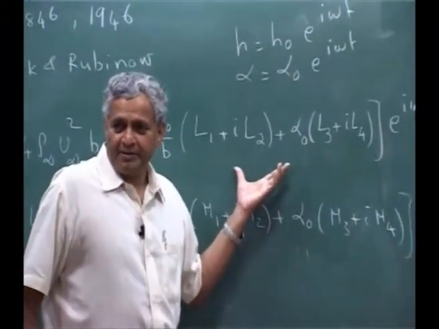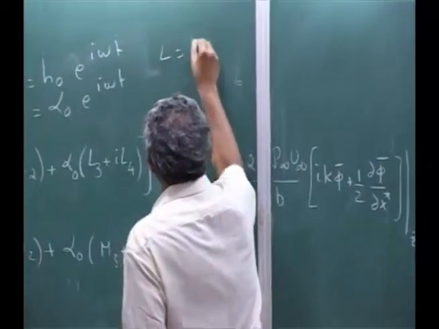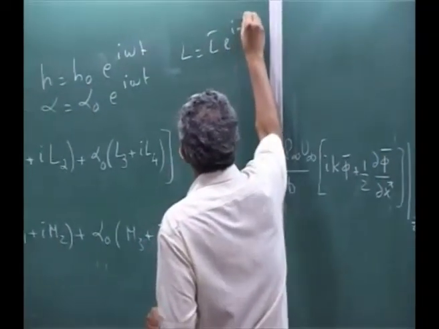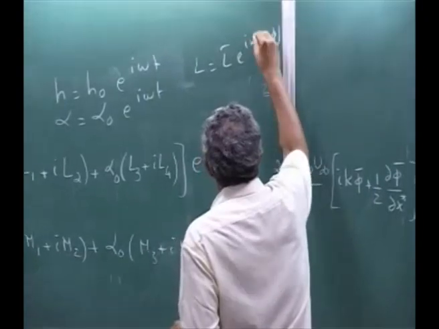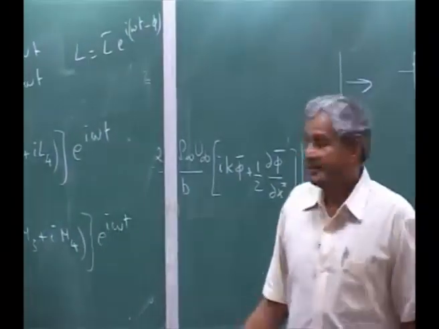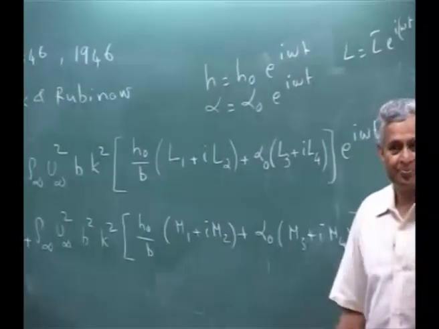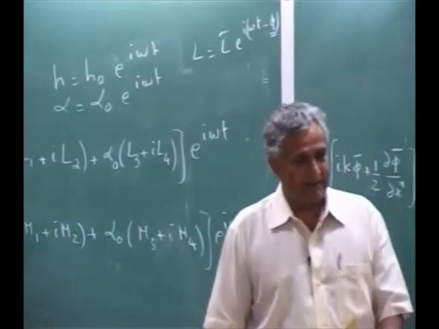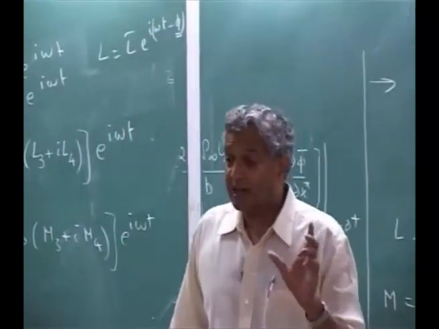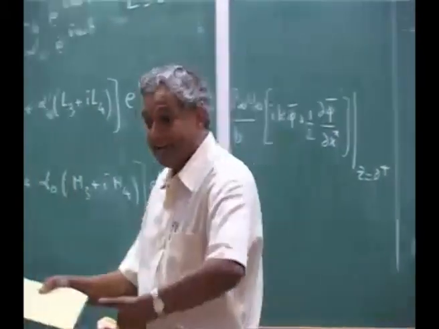It is like you can write alpha and h, and you say my lift is some L bar e power i omega t. Similarly my moment. This depends on, what is it? And this phase difference is the one which actually will lead to the flutter when it is aiding,